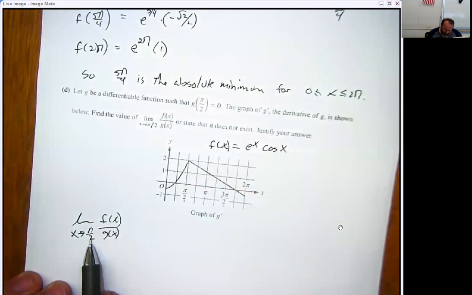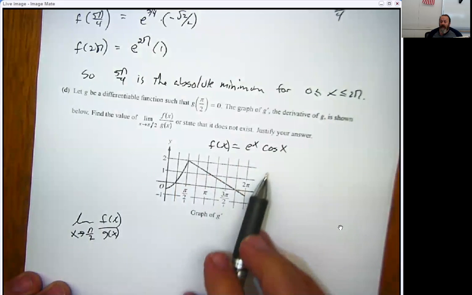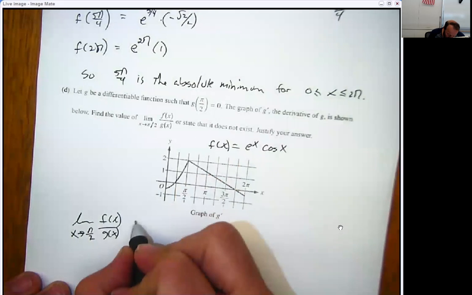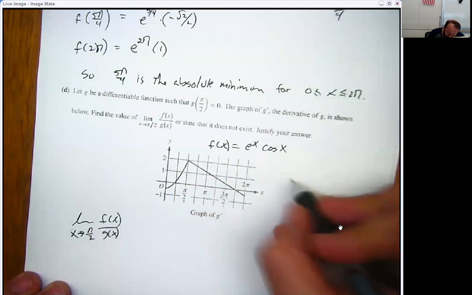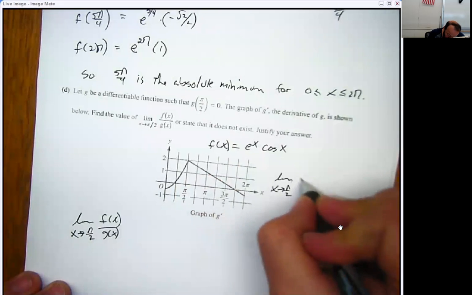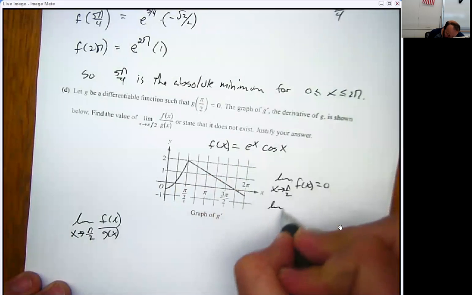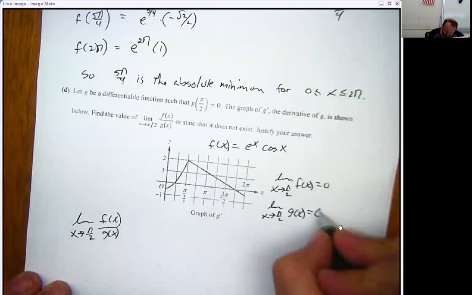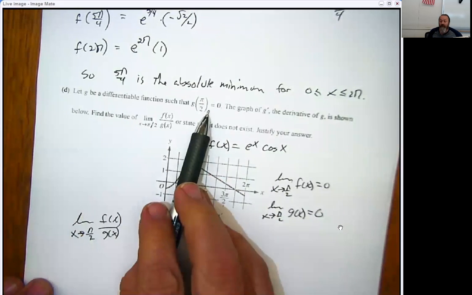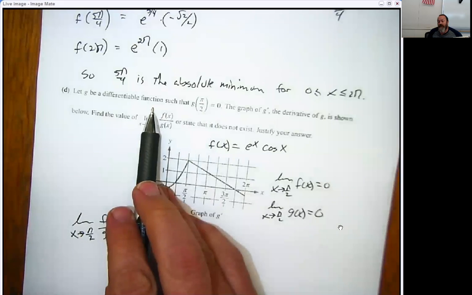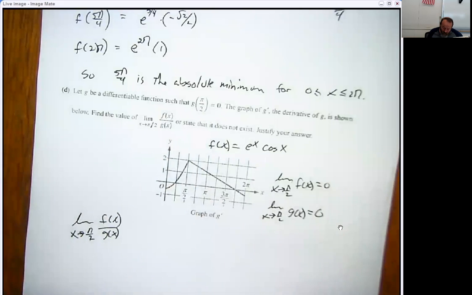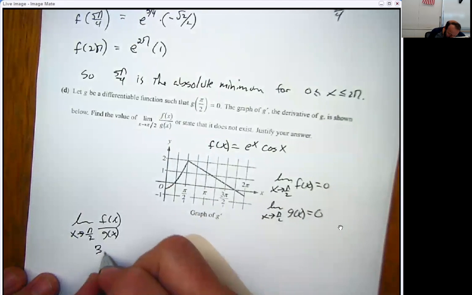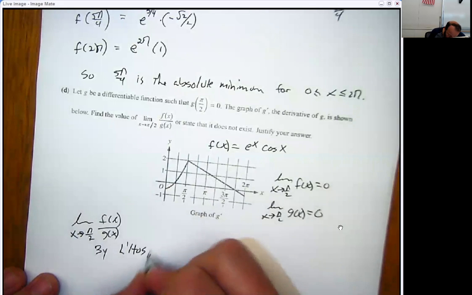As I get really super duper close to pi over 2, the cosine of pi over 2 is 0. So it appears that the top is going to 0, and the bottom, see, the limit as x goes to pi over 2 of f of x is 0. The limit as x goes to pi over 2 of g of x, they told us up here, was also 0. They said it was differentiable, and it went to this value, and since it was differentiable, the limit has to be that number. Well, hey, if you have a limit of two things that both go to 0, by L'Hopital's rule, remember that guy that looks like hospital,